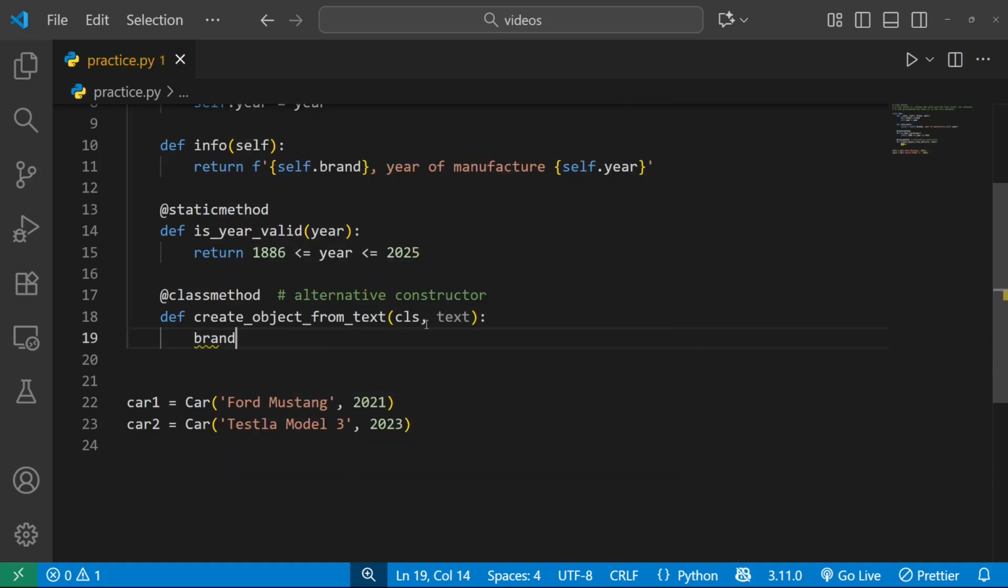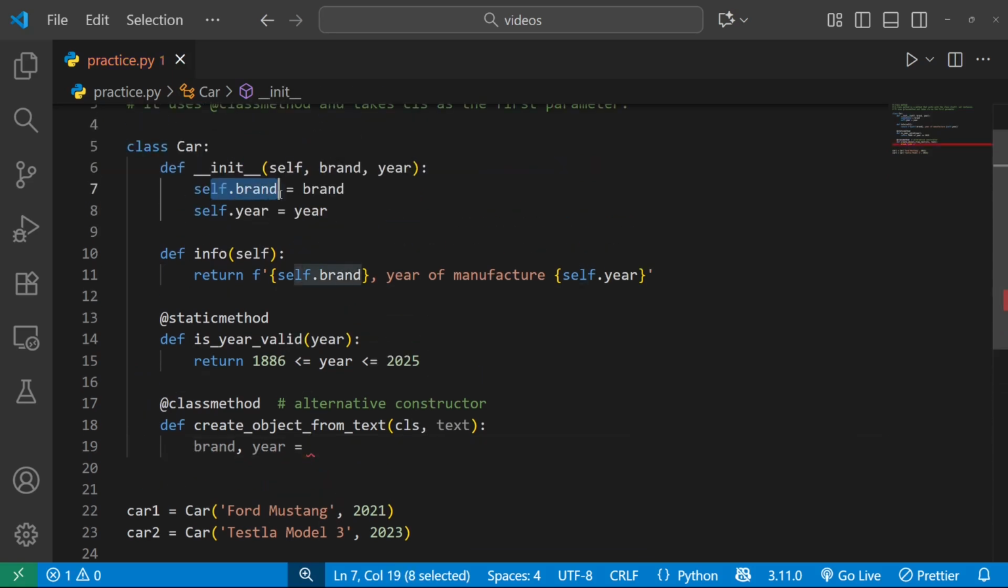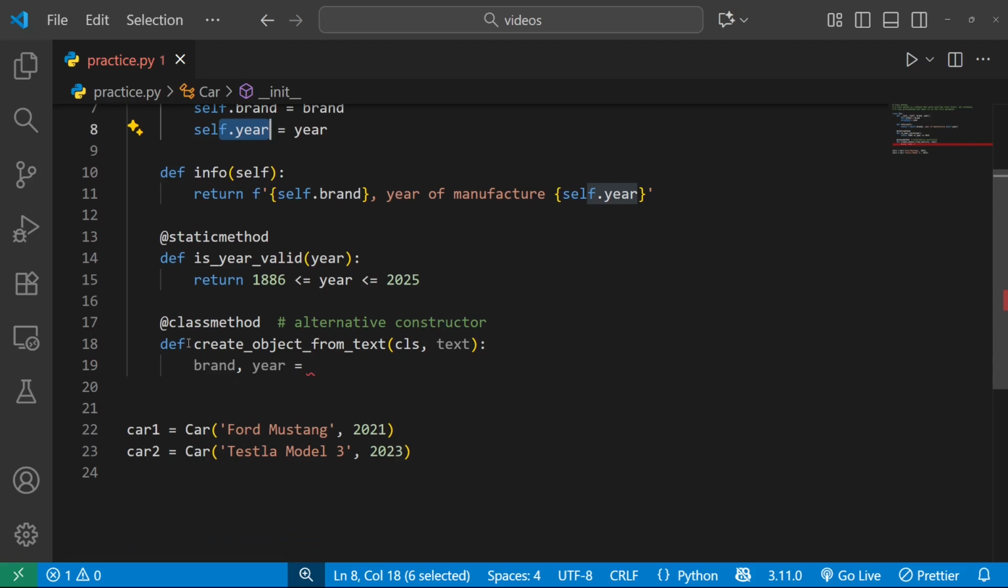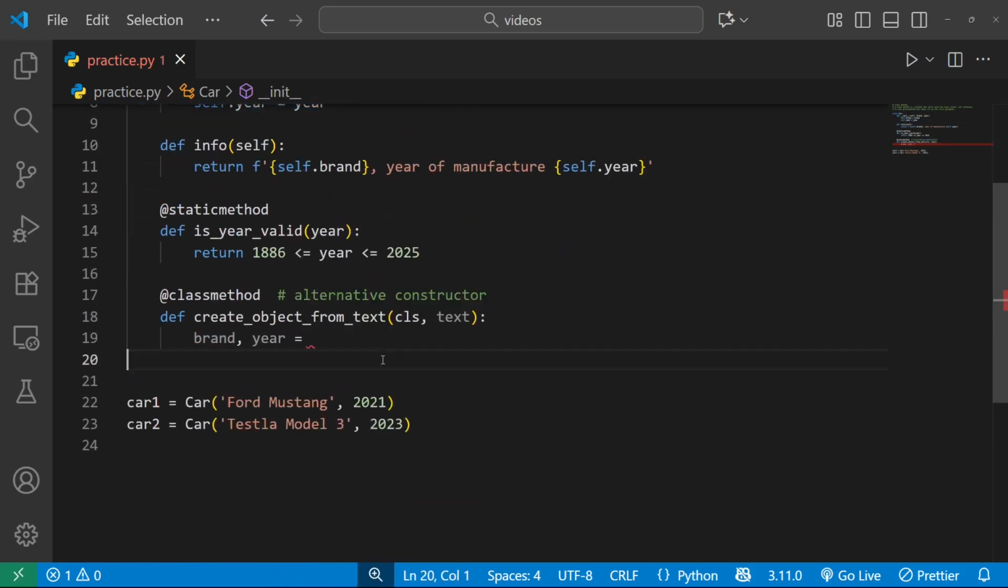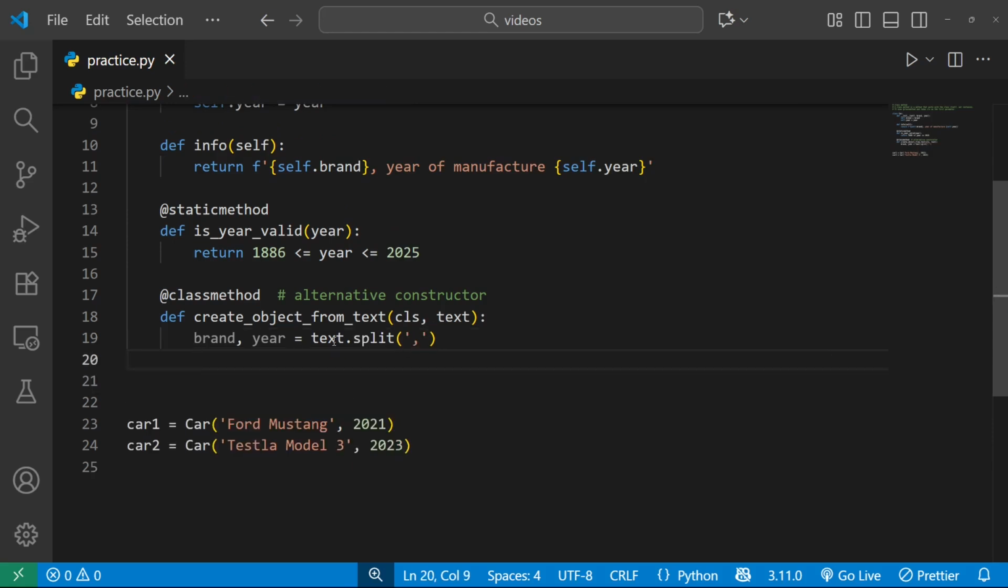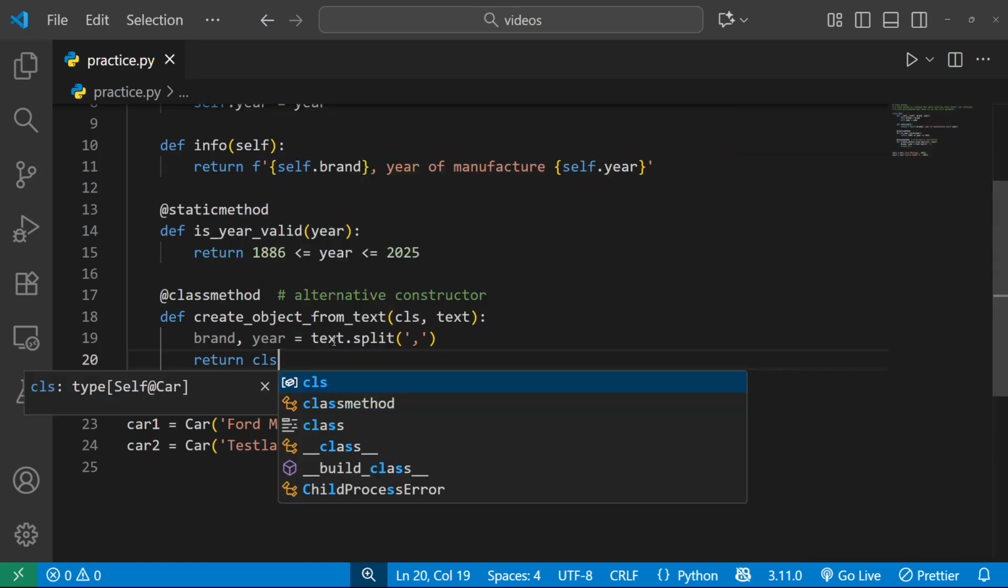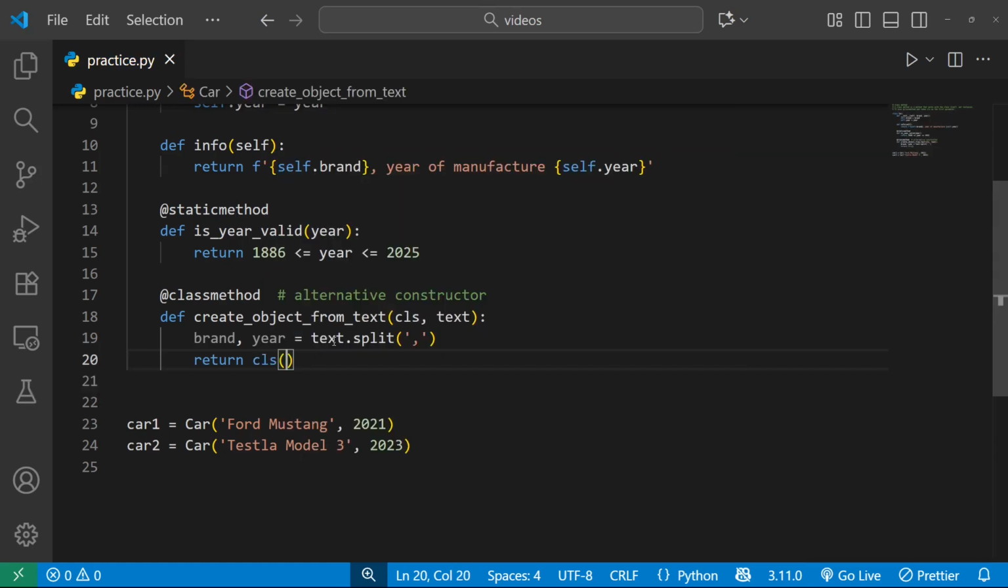Okay, and here we need a brand and the year. Why brand and the year? Because it has to be the same as here. Because, as I said, the result of this alternative constructor will be the same as this constructor, but in a different way. So here we have some text, and I would like to take the text and split it by a comma, okay? And after that, I will return CLS again, it's mandatory,